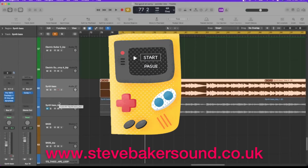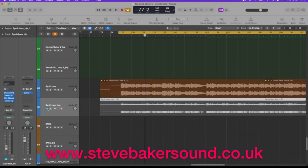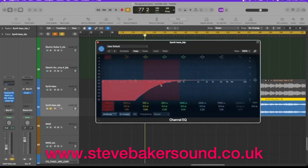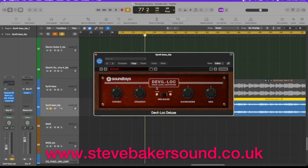So yeah, a trick I like to do, and I think is fairly common amongst mix engineers these days, is to create another layer of the bass. So I've bounced that in place, and this is the bounced in place layer, and on that layer I've done an EQ to take away the bass frequencies, so you're not getting a doubling up of all of the massive low end. Then I'm using Soundtoys Decapitator,